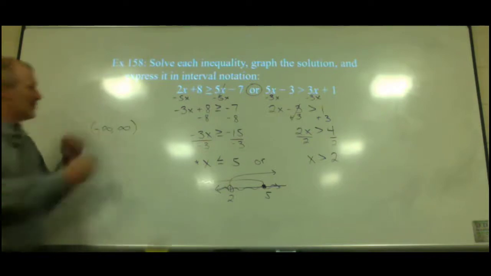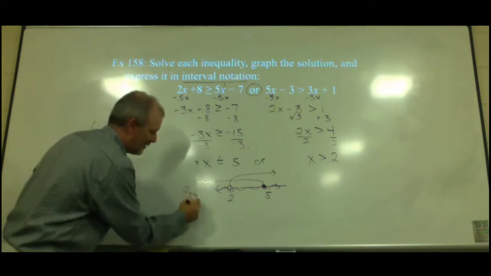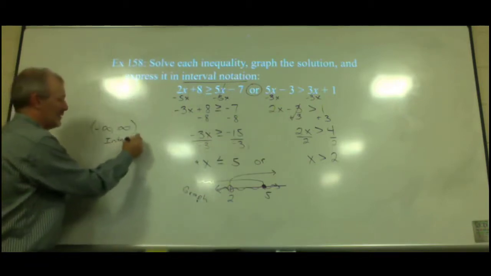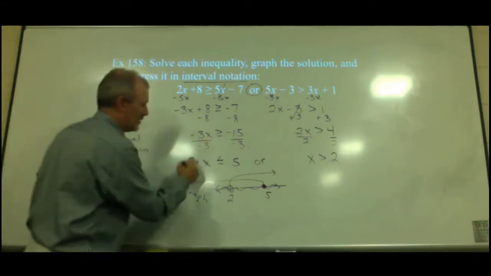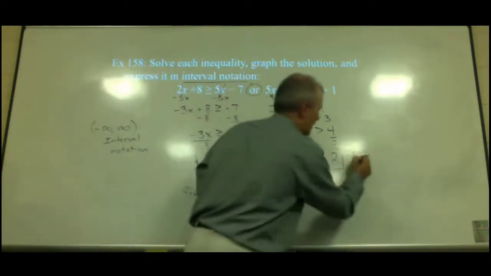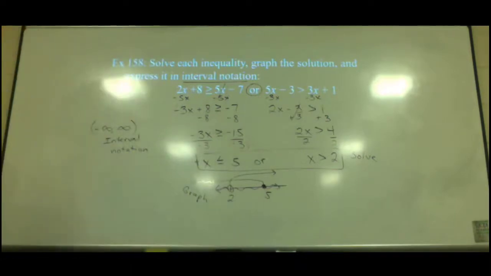This would be your answer. This is the interval notation. This would be your graph. This is the interval notation. And then solve it, that's this part. This part right here is the solve part. So the solve part is the most work to get to that spot, and then we just have to graph